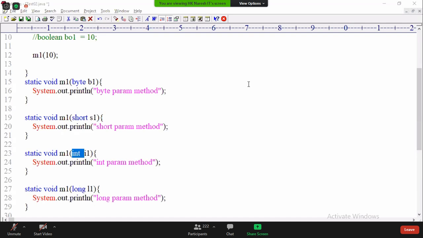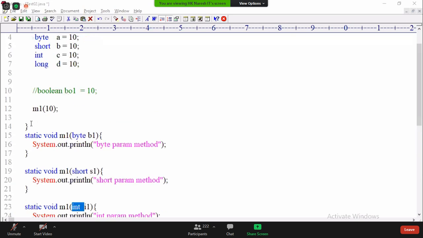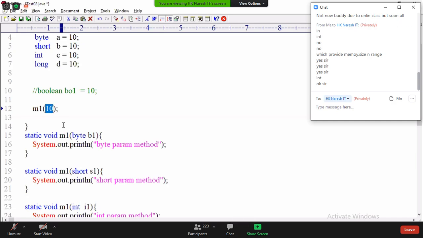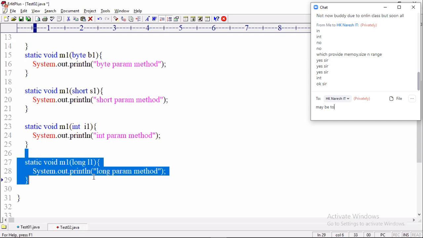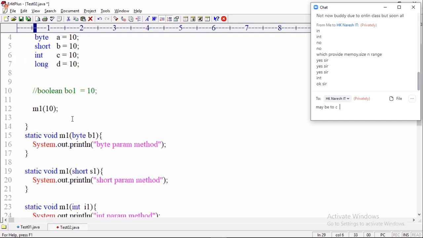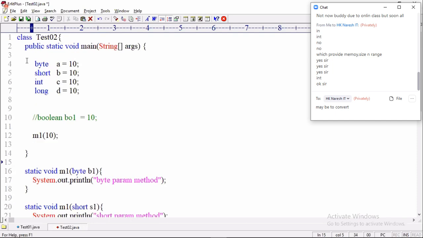Then how can I represent this 10 as a short type, this 10 as a byte type, this 10 as a long type? By passing this 10, how can I execute byte, short, long parameter methods? That's question number 1. Question number 2, in what situations must I use byte, short, and long parameter methods? Okay, we will discuss that point later. Byte, short, long parameters, when to use, we'll discuss as a second point. First, I want you to understand how I can represent 10 as an int.